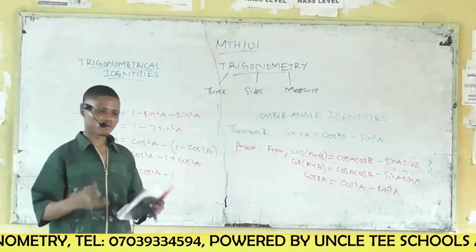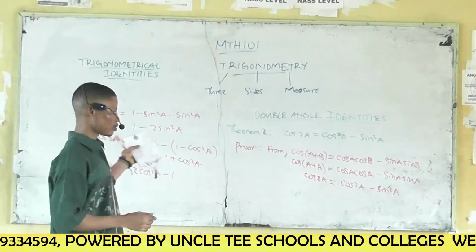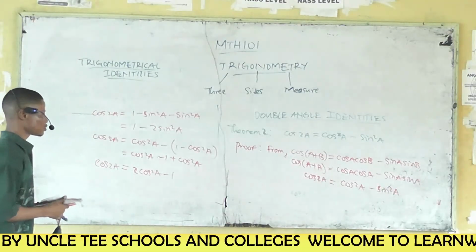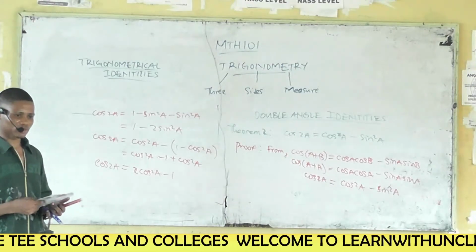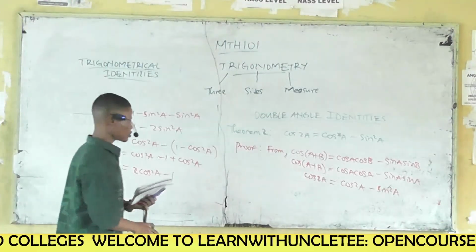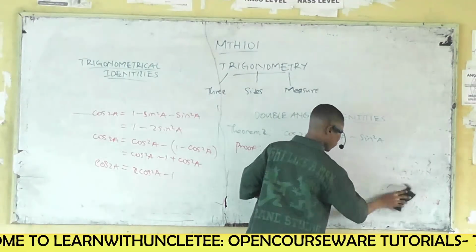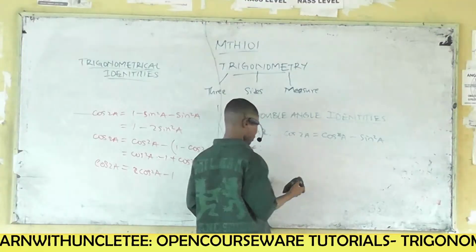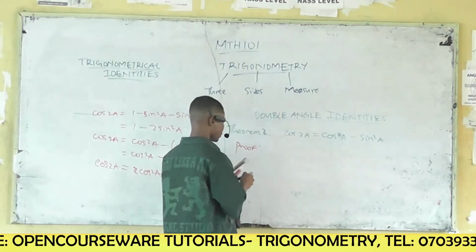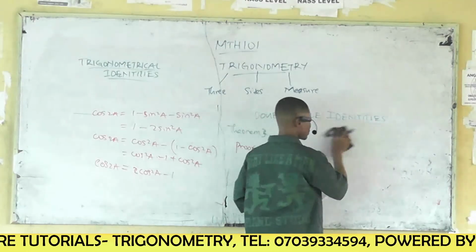When you get to prove that sine square something is equal to something, that's when you are going to need all these identities. At least you must know up to 70% of it for you to be able to answer those questions. Let's go to theorem 3. Theorem 3 under double angle identity. Theorem 3 states that